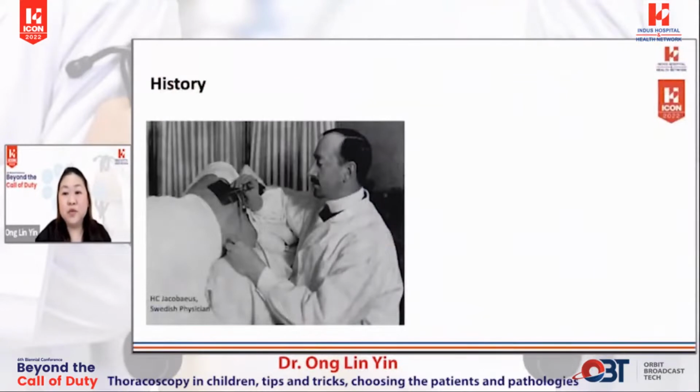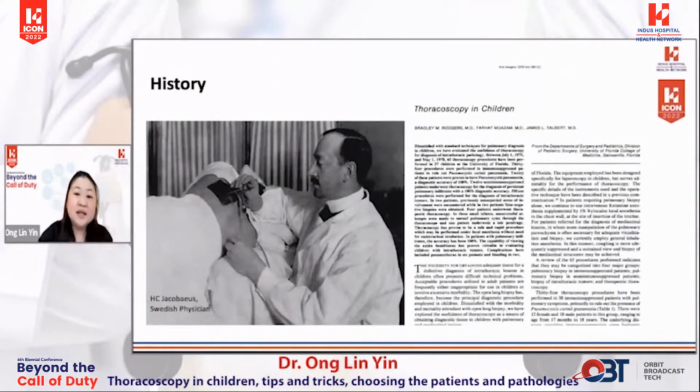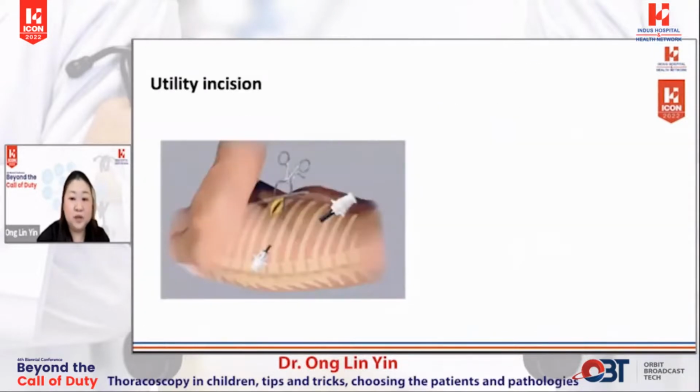The first thoracoscopy was performed by Jacobaeus, a Swedish physician in Stockholm, using a modified cystoscope, and this was published in 1910. In the 1970s and 80s, the first significant experience in children was reported by Rogers and his co-workers in Annals of Surgery. They used equipment modified for pediatric patients and performed lung biopsies, evaluated various intrathoracic lesions, and performed limited debridements of empyemas. Pediatric thoracoscopy then gained popularity in the 1990s, enabling more advanced diagnostic and therapeutic procedures to be performed.